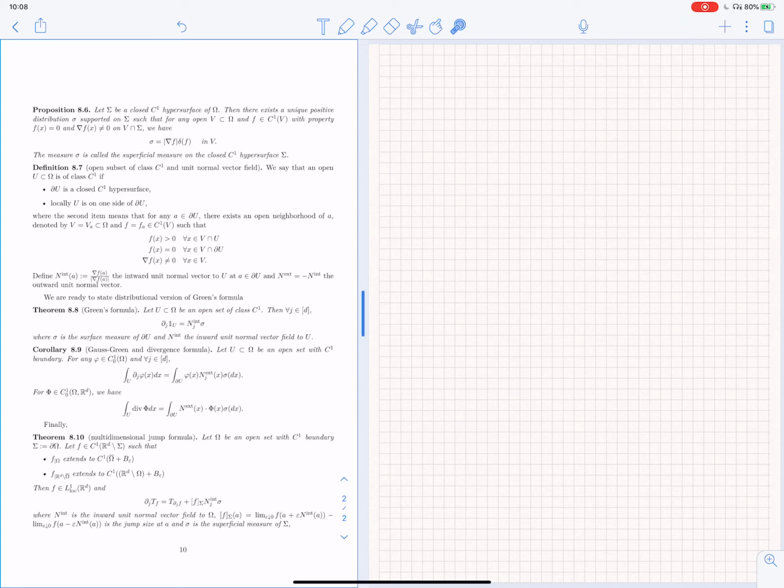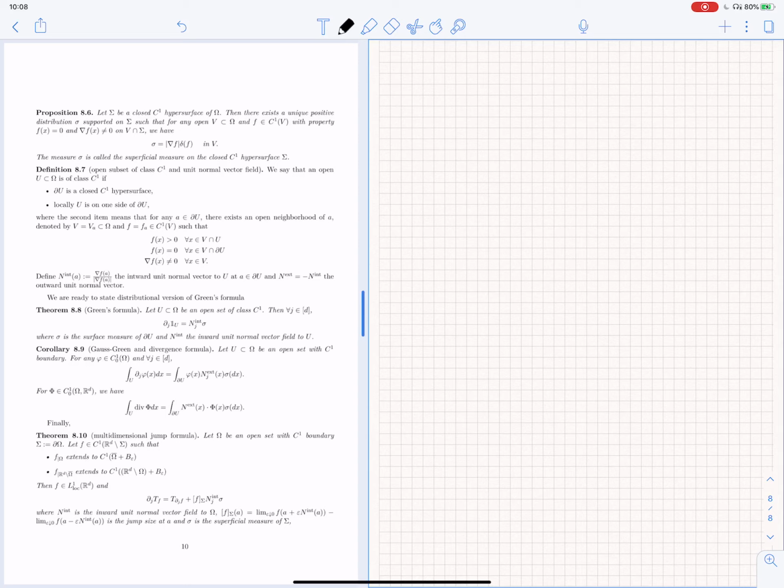Since this is the derivative of u, let me just write it out. It's a simple exercise. So partial j indicator of u applied to phi is equal to the negative sign of the integral of u partial j phi(x) dx. Okay, this is the left-hand side, and we also know that the right-hand side